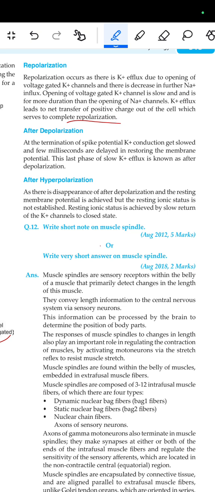After depolarization, at the termination of the spike potential, K+ conduction gets slowed, and few milliseconds are delayed in restoring the membrane potential. This last phase of the K+ efflux is known as after depolarization. After hyperpolarization, there is disappearance of the after depolarization, and the resting membrane potential is achieved, but the resting ionic status is not established. Resting ionic status is achieved by the return of the K+ channel to closed